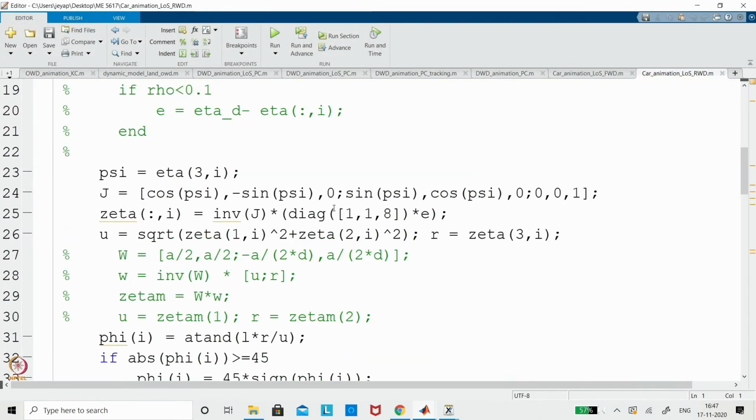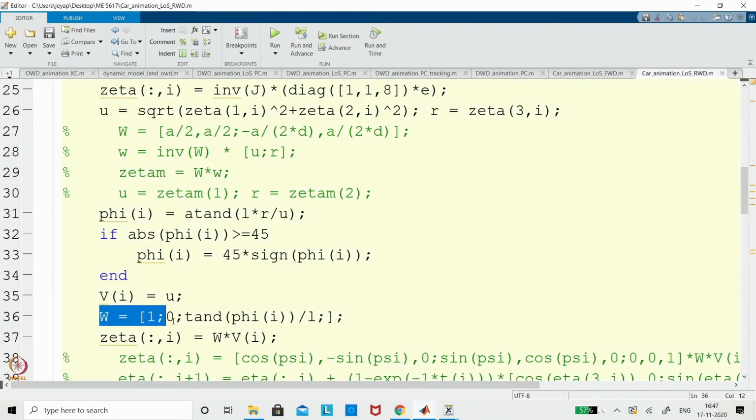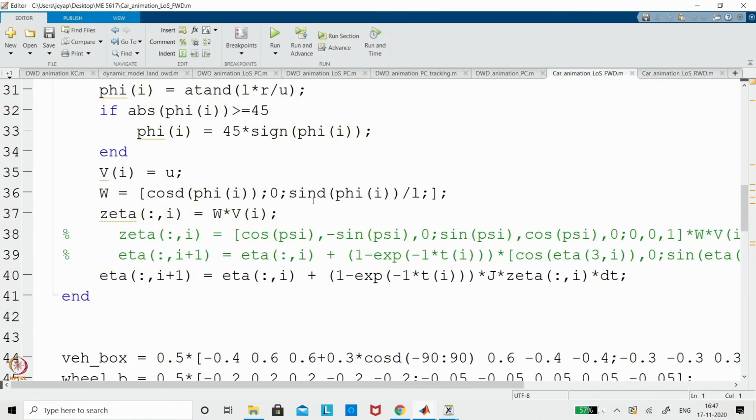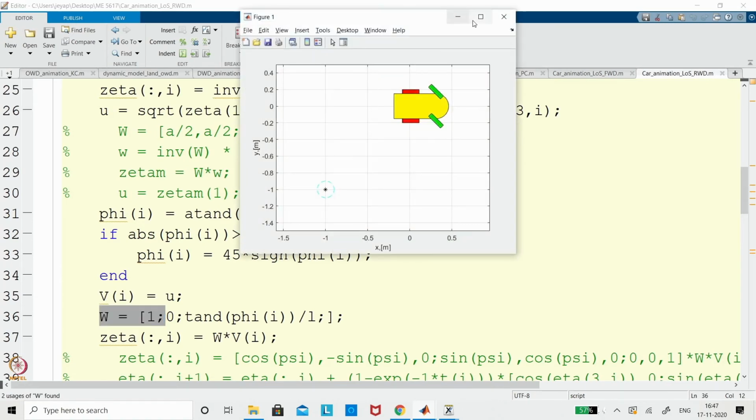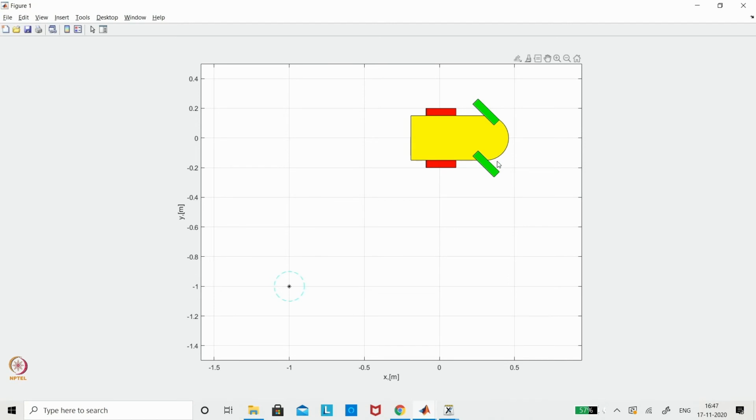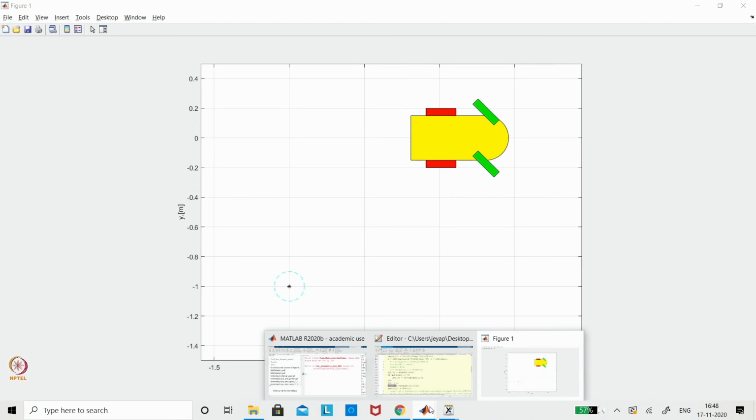So this is the rear wheel drive, and you can see that the W matrix is slightly modified compared to the forward wheel drive, where tan phi would come. By this time I know you know how to derive this generalized wheel model, and how to obtain this W for forward and rear. Assuming these two are available, now you can get it. The same situation is given, but the front wheel is steering and the rear wheel is powered. Now it is trying to follow. We will see, this is taking time.